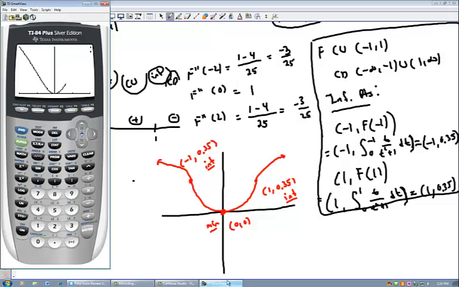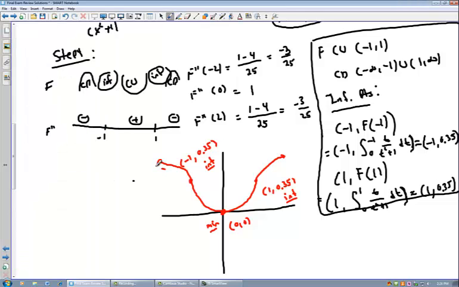If you look at your calculator, slowly but surely, you can see on mine, it's starting to look exactly like this picture. All right, but you do all 4 steps: find those important points, the critical points of f, the critical points of f prime, plot those points, and then connect those points with the right concavity, either concave up or concave down. All right, so the next problem we want to do